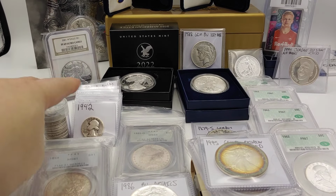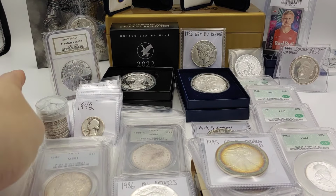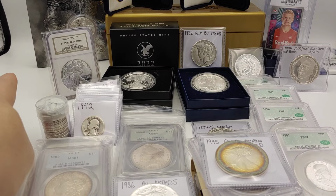So I think quarters offers the biggest variety of what to search for. And then I would say next would probably be walking Liberty halves, and then Benjamin Franklin halves. Although many of the Benjamin Franklin uncirculated halves, they're all kind of the same. So they're kind of boring to search unless you're looking for varieties like Bugs Bunny, things like that. So anyways, you can go down a constant rabbit hole with junk, but I think junk silver is the least